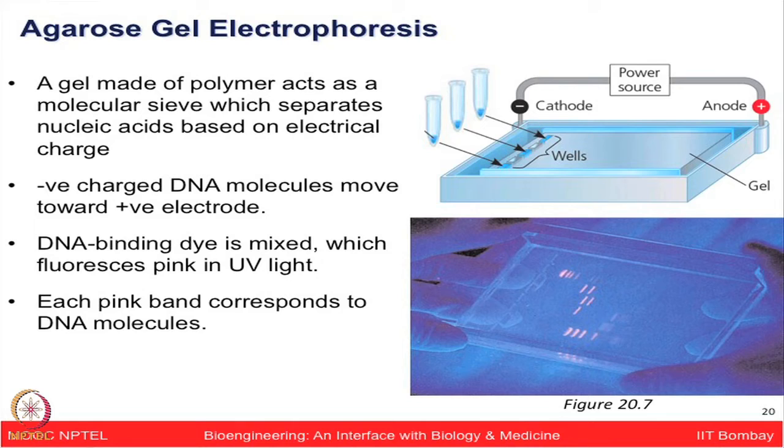Now, to visualize DNA, you can add certain dyes which bind to DNA, or DNA can also be visualized with ultraviolet light. So one could use even that to visualize the DNA. And sometimes if you are visualizing on the transilluminator, you will see these kind of pink DNA gel, the DNA pattern will appear on the gel. In fact, today we'll have some demonstration at the end of how agarose electrophoresis works and how you can visualize the